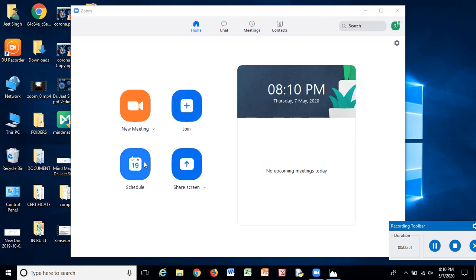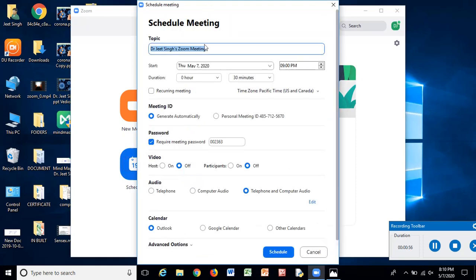First we will schedule our meeting, so we click on Schedule. First is the topic. You can choose any topic for the meeting, like suppose I am writing "Learning Zoom".